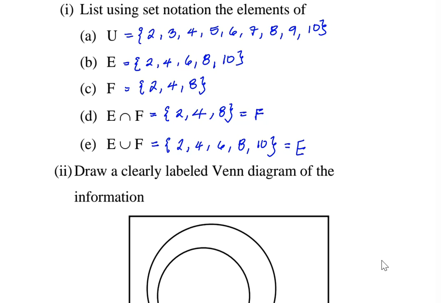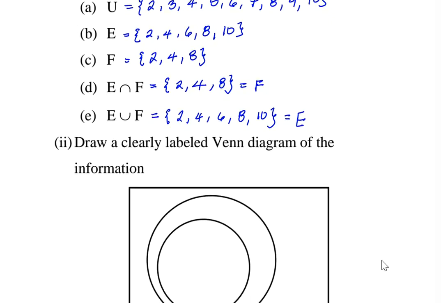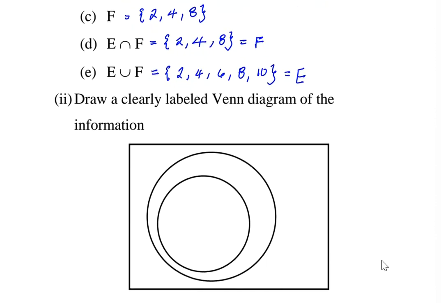All right, let us see how we would represent that on a Venn diagram. So in the Venn diagram, we have U, the universal set. We already saw that F is a subset of E, and that simply means all of F is inside of E. Now the elements of F are 2, 4, and 8. All of F is in E. The elements that are in E, which are not in F, are